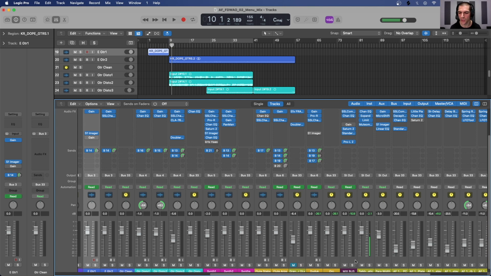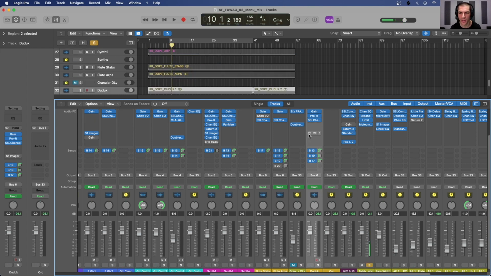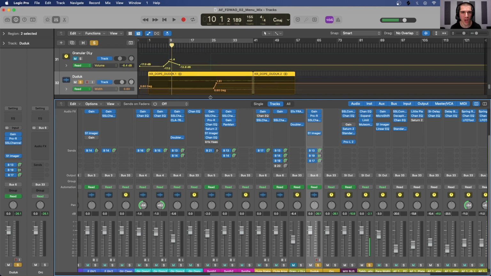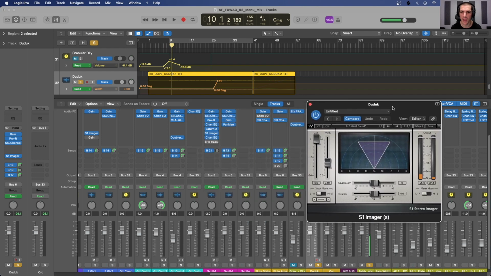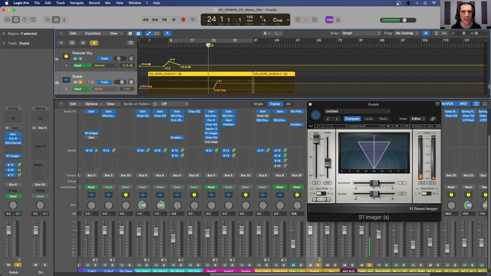And another track in which I am using the Waves S1 is this Guidebook right here. We can see that I'm actually automating this. So it starts off narrow in the first half of the mix, and then it actually widens up wider than it would be originally halfway through. So if we have a listen to this,